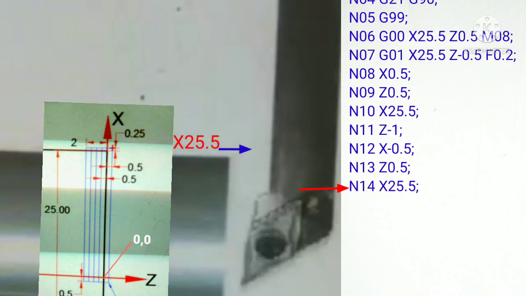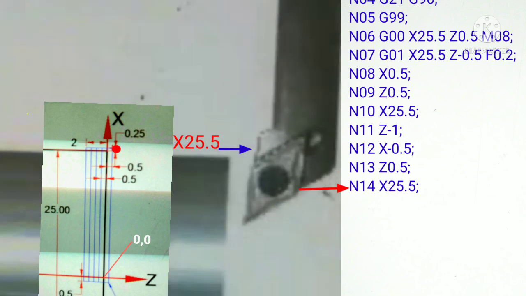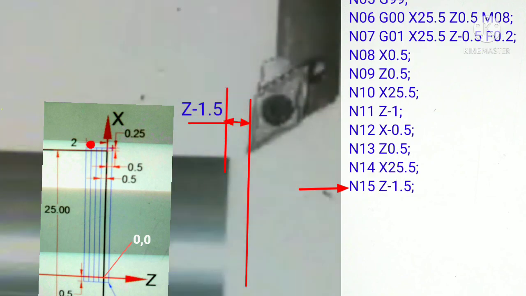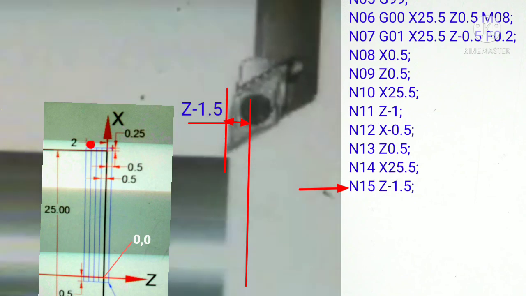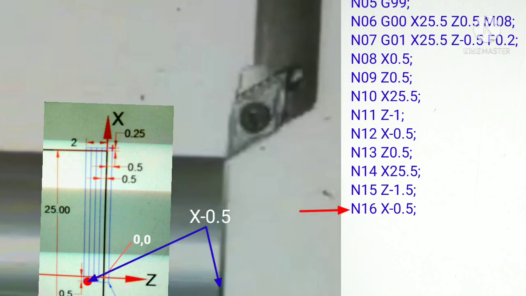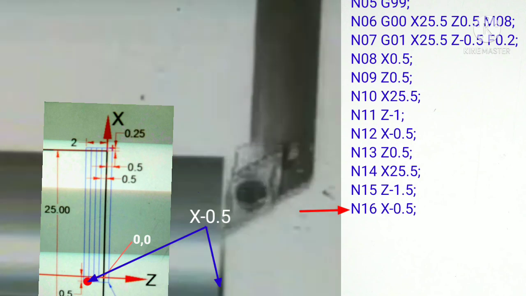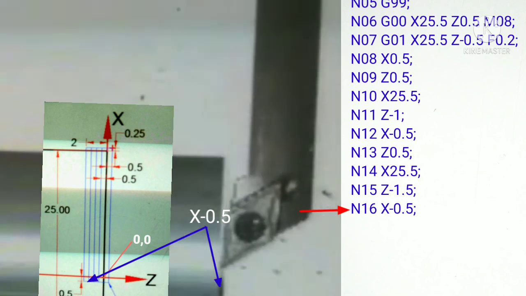Now the tool will move upwards for the sequence number N14 and X25.5. For the next sequence number N15 and the point Z minus 1.5, the tool will move 1.5 millimeter backward from the outer edge along the Z axis. Next, for X minus 0.5, the tool will move 0.5 millimeter downwards from the origin along the X-axis.